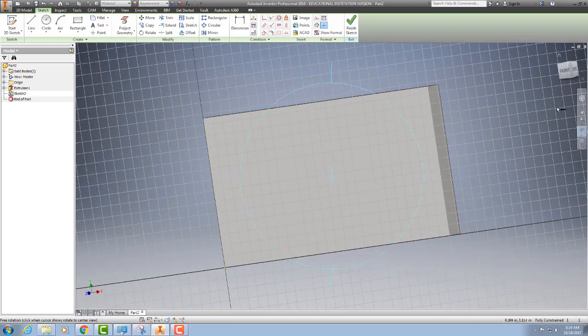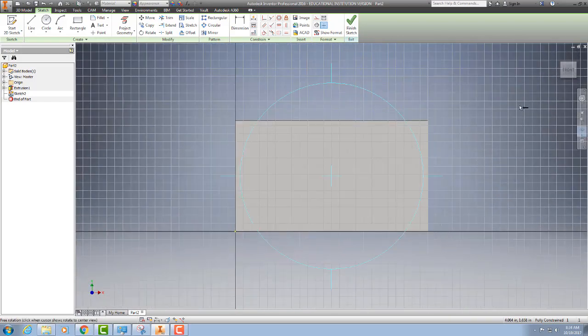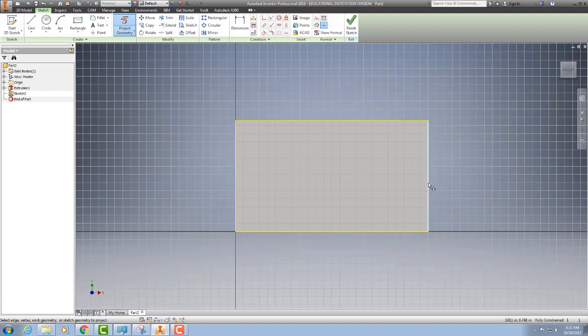Now, I can use the view cube to make it look at the front again. Okay. I want to use these edges in my sketch, and right now by default Inventor doesn't allow you to use those, but it's easy to get them back. It's called project geometry. So we'll go up to the create panel and click right here, and we're going to project the geometry that we click up onto our sketch plane, and it'll be yellow like that. I'm left clicking here. Now right click OK,